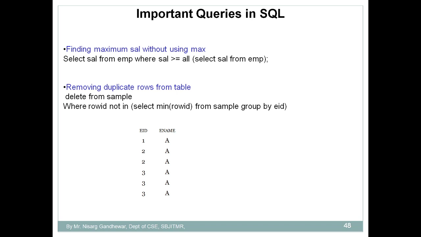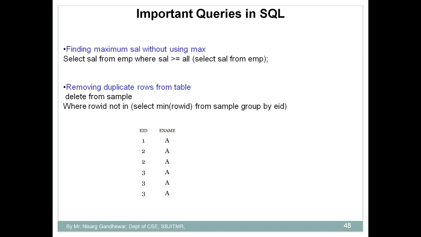This means the distinct clause is not able to delete the duplicate values from the table. In that case the distinct clause helps us to remove the duplicate values from the result that we have extracted from our table. But suppose we want to delete the duplicate values from the table permanently, then what should we use? So this is the problem statement: how you can remove the duplicate rows from the table.